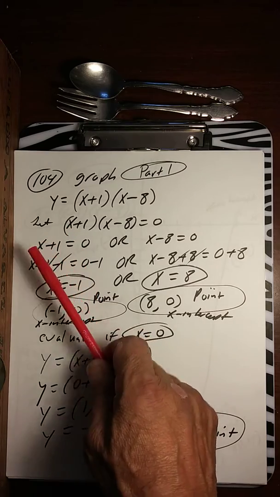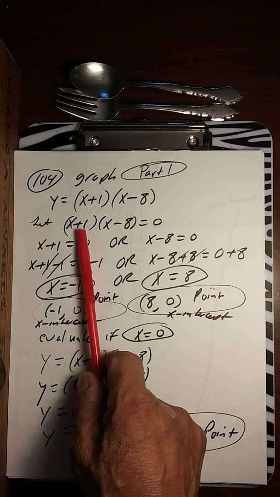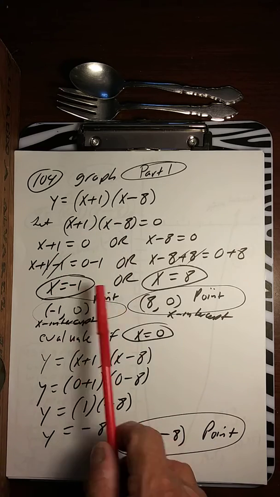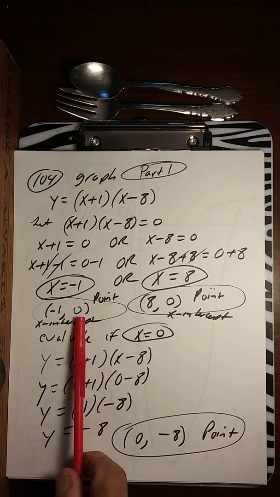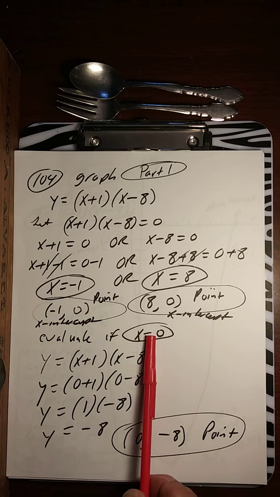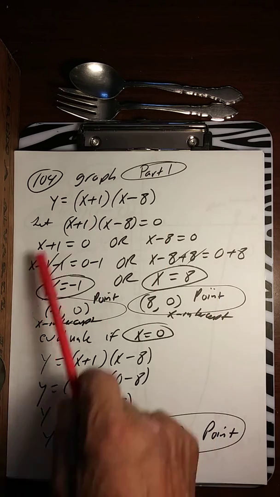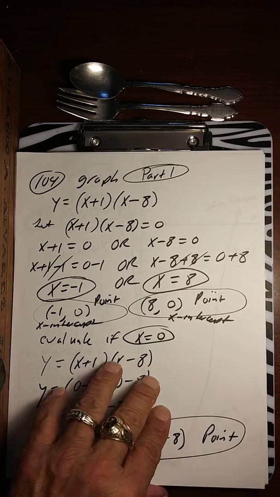For the graph, let's graph this one. Set that equal to 0, so x equals negative 1, or x equals 8. So negative 1, 0 is a point, 8, 0 is another point. Evaluate if x equals 0, put it in there, 0 plus 1 times 0 minus 8, that's going to be negative 8. So another point is 0, negative 8. Once you have all these points, put them on your graph,